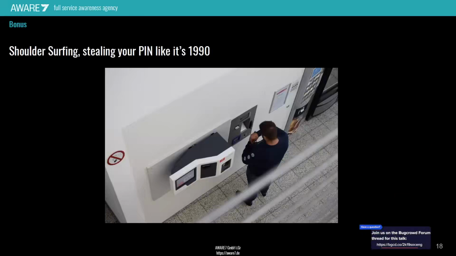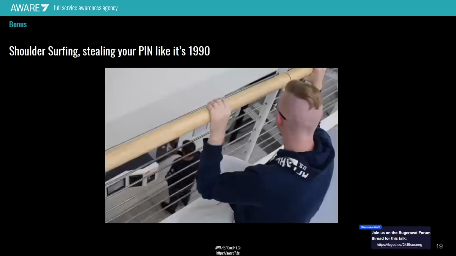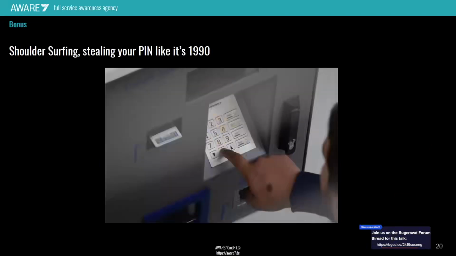So as you can see, this is basically in the university which I attended. You see that someone can photograph from the way up, and someone could be sitting here and just steal pins in a pretty old-fashioned way. And this is not just the case at our university, but also at train stations where you can pay for your ticket on such a machine, and you don't get out cash. So there is low structural security, and that's a way we pretty successfully phished pins earlier. So this is just a little bonus for the talk.